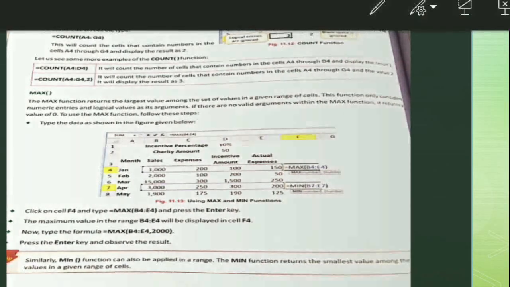After this, we have to type the equal to sign, and then you have to type the name of the function, sum. Here it is shown. Now type the opening parenthesis. Then you have to write down the range. It is shown here sum C5 colon D5 or equals to sum C5 comma D5.